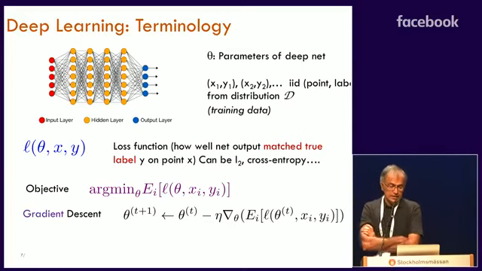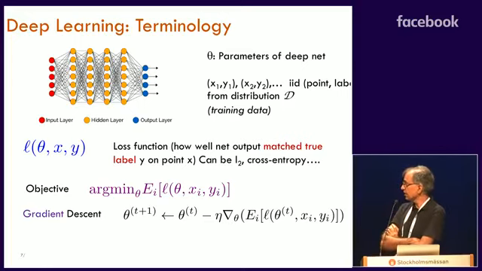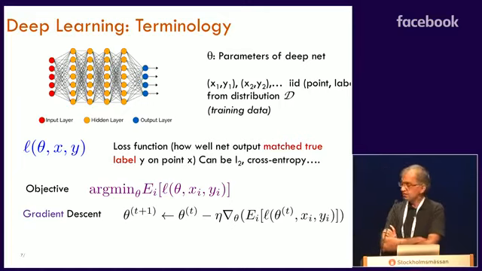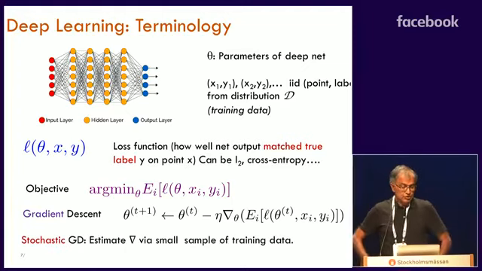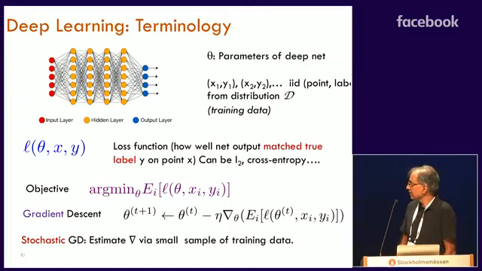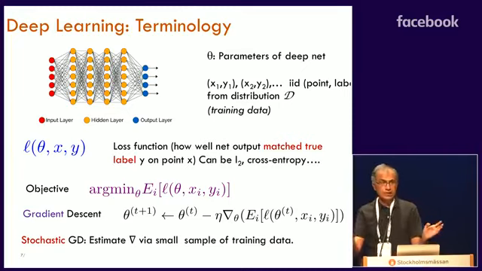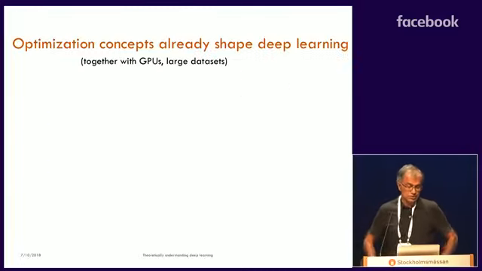In practice, you just try to train it using gradient descent, the simplest algorithm in continuous optimization, which is like this: you compute the gradient of this loss and go in the direction of negative gradient times an eta, which is called the learning rate. And stochastic gradient descent is the same algorithm, except because computing the gradient can be very expensive when you have millions of data points, you estimate it via a small sample of training data. I'm assuming this is all known to you, but I just wanted to lay down the notation.